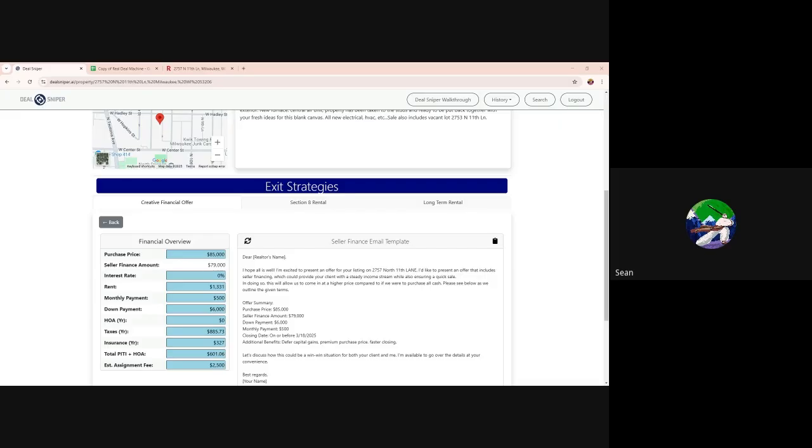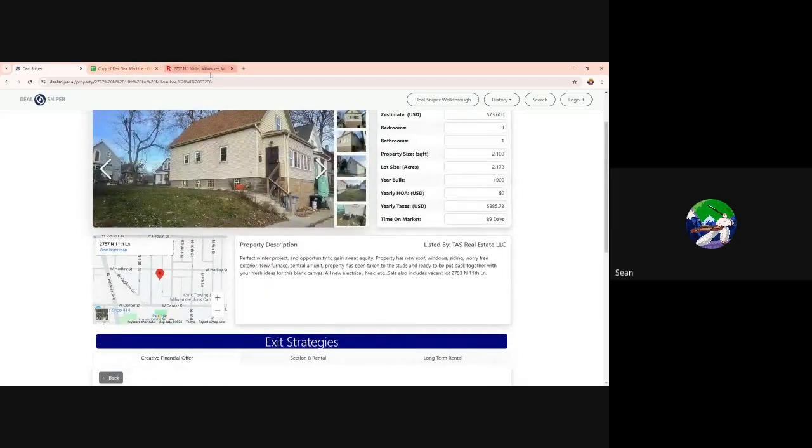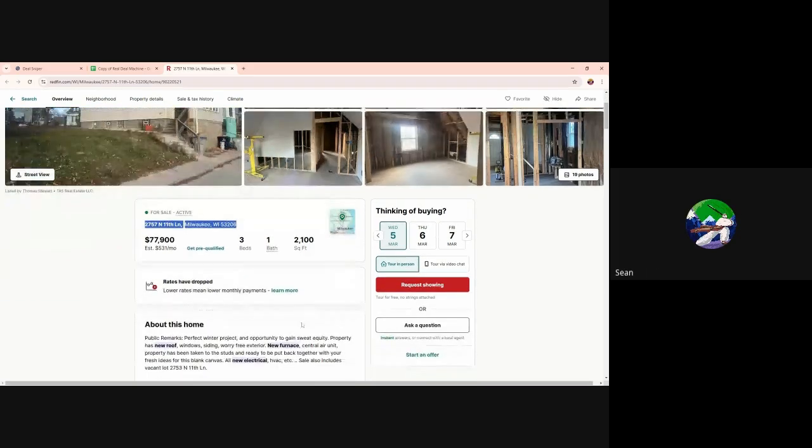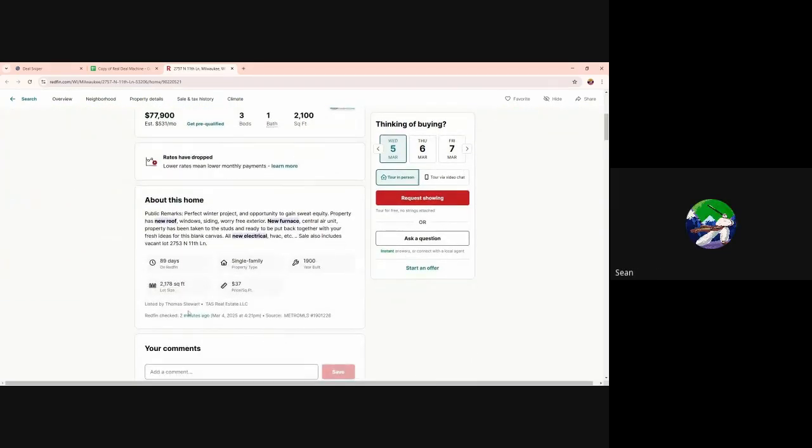Now that's not true, because if you find someone that is selling, I'll give you an example here. This is not an advanced strategy, that's making it sound way cooler than it is. It's just leveraging it as much as possible. Look at this one here. Whoever is selling this house bought the house intending to flip it and then didn't finish or doesn't want to finish. That might be a buyer. So if you can connect with Thomas and get this property under contract, then once you get your paperwork,